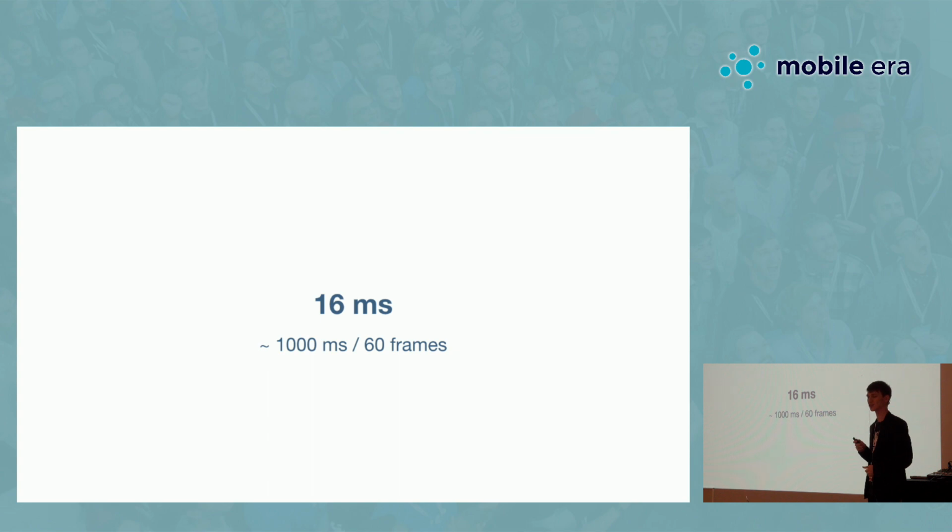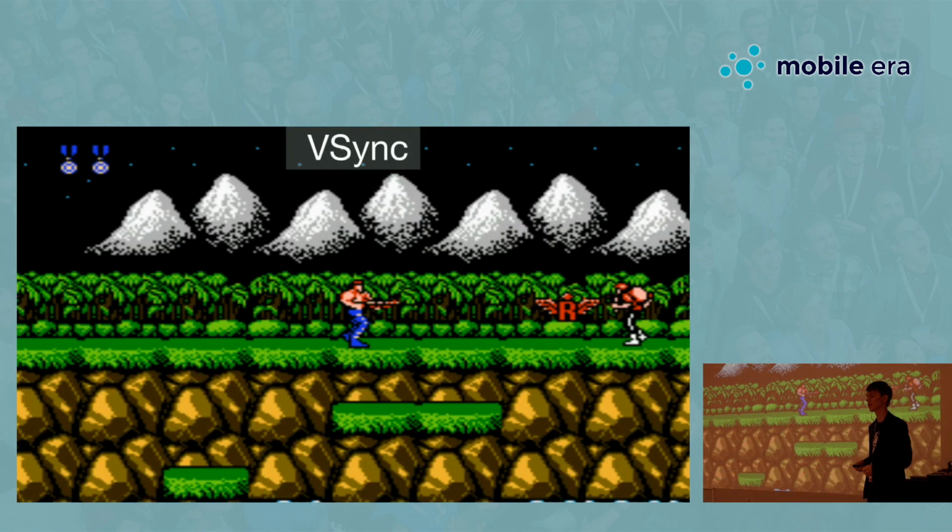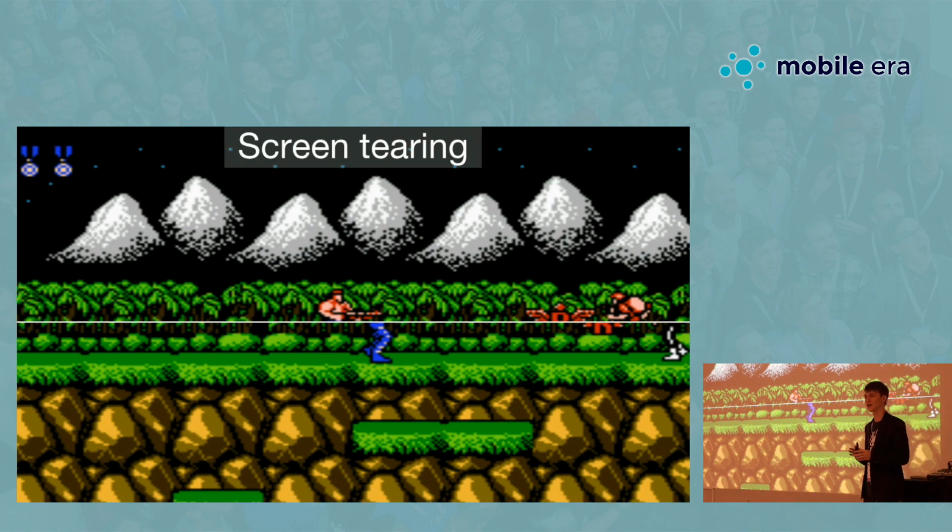And what happens each 16 milliseconds? Each 16 milliseconds we'll have an event called vsync. It's a system-wide event, and when we get it, we understand that we need to show a new frame. And on some other, maybe ancient, platforms, it could be the case that while the display is already trying to render one screen, there is another one ready, and finally you will get half of it, half of that.